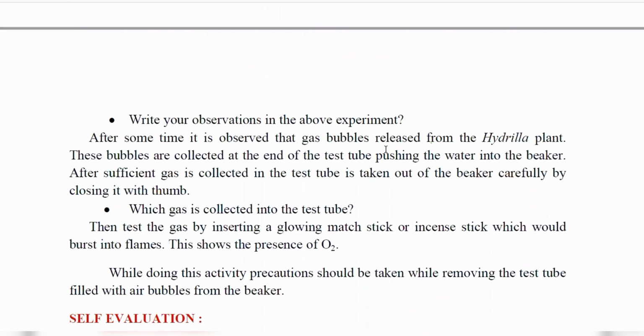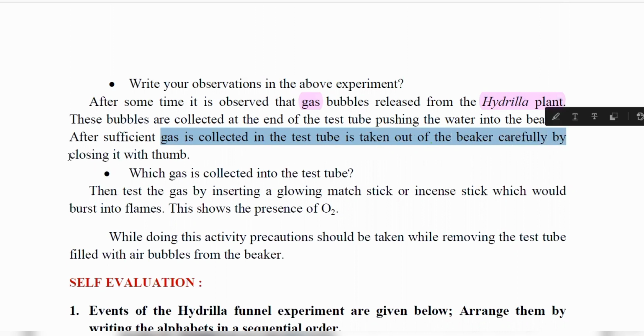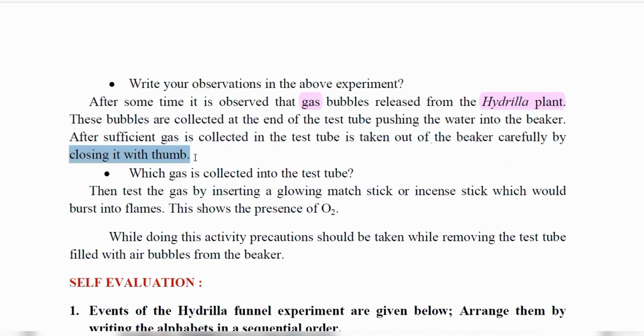So this you have to keep. Write your observation in the above experiment. After some time, it is observed that gas bubbles are released from the hydrilla plant because it is carrying out photosynthesis. These bubbles are collected at the end of the test tube, pushing the water into the beaker. After sufficient gas is collected, the test tube is taken out of the beaker carefully by closing its mouth with the thumb, and